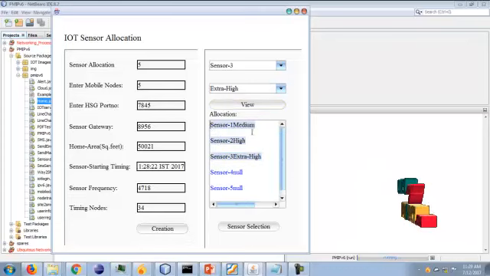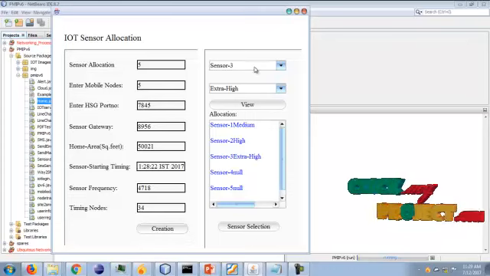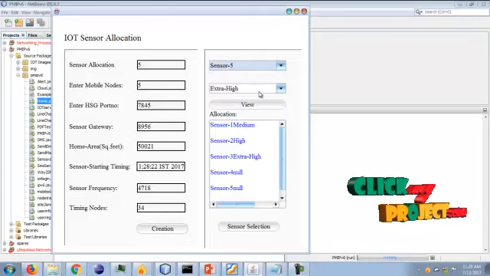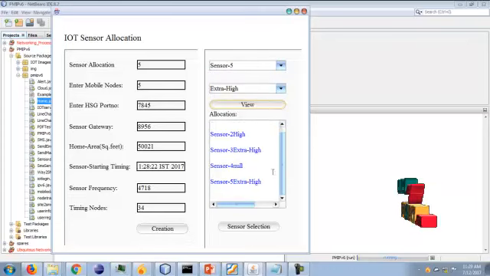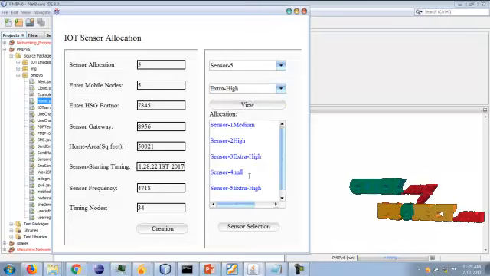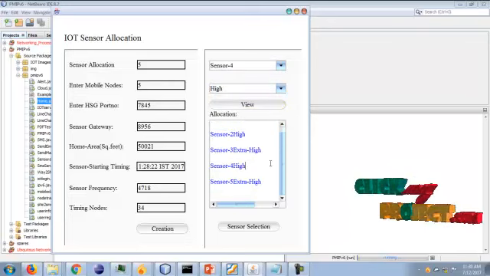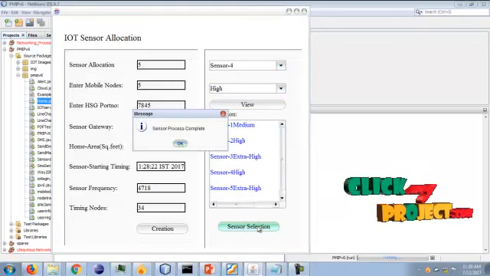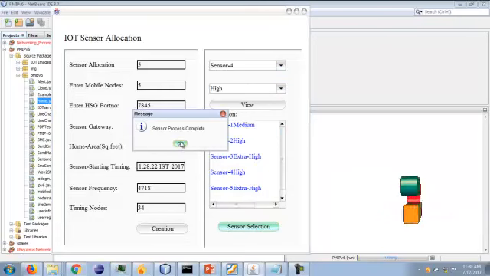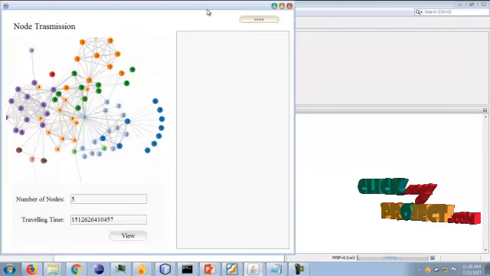Okay, sensor 1 is medium because it was set to medium. It can be monitored, and sensor 5 is extra high. Extra high means that if it is in monitoring, a notification can be displayed. So for sensor 4, I can display high. So all of the information and settings can be completed. So it goes to the sensor selection process. After the selection process is completed,